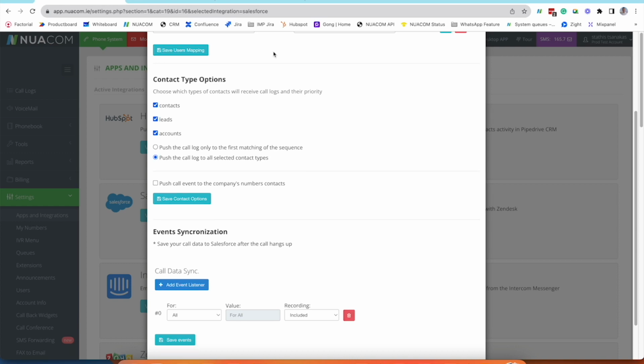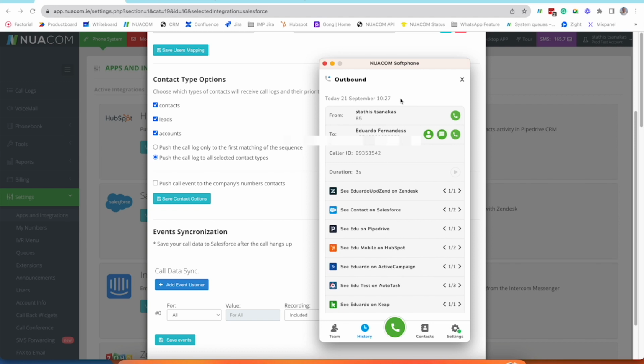Now, if Angela's number was part of another contact or another lead or was declared as a number of another account, in the Nuacom softphone app, we could see which contacts, leads or accounts this phone belongs to. Let's take an example. Here is a call history with this number, and as you can see, I have two options here. One, to see the contact on Salesforce, and two, to see the account on Salesforce. So as we can understand, this number belongs to an account and to a contact. When you are in a call, you have the option to select where you would like the call log